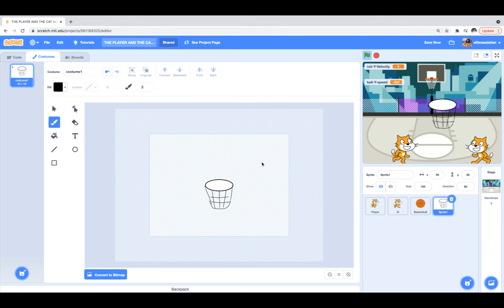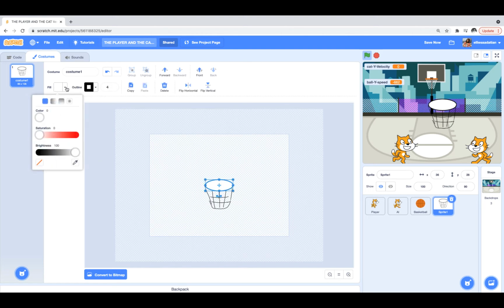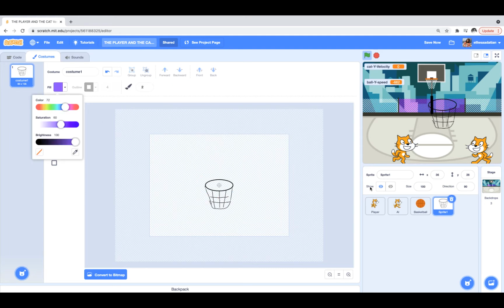One thing that is important is, let's first make this no fill so that it's transparent by clicking here. And also, how do I want to target inside this basket? To make that possible, I'm gonna take one specific color that I don't have in this backdrop. So let's say I don't have any green here or yellow here, so I'm gonna take a color from here,